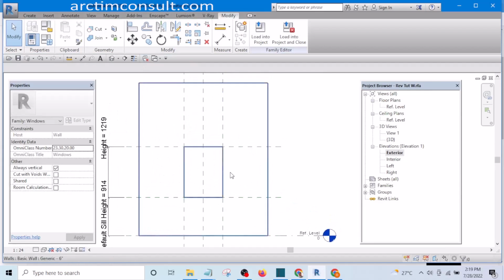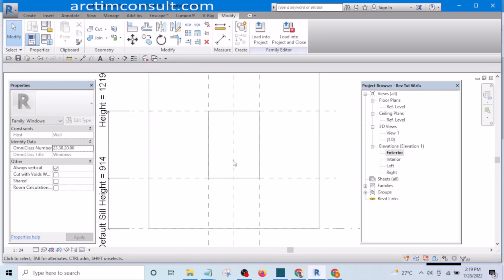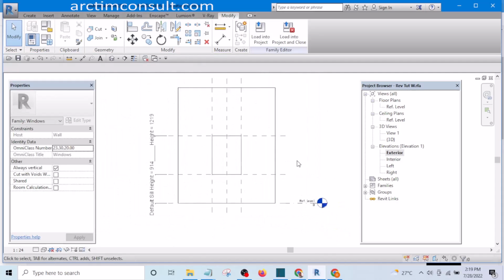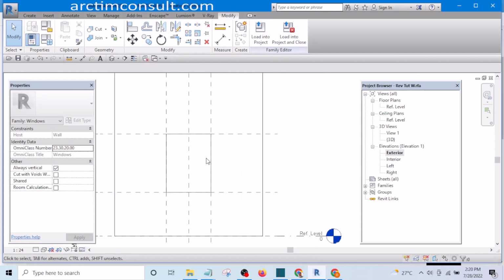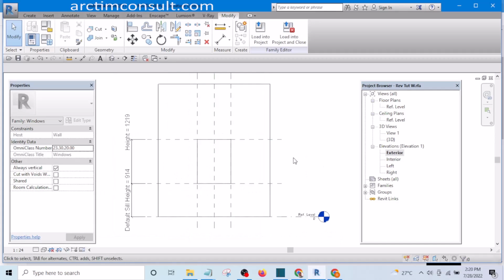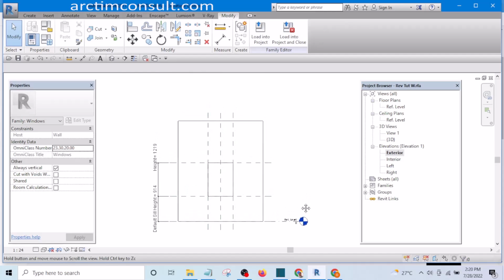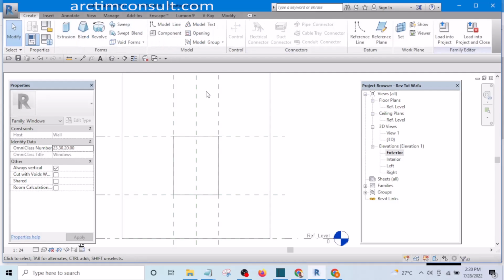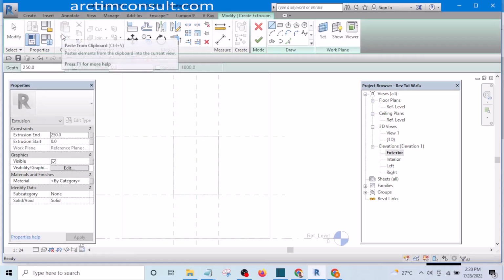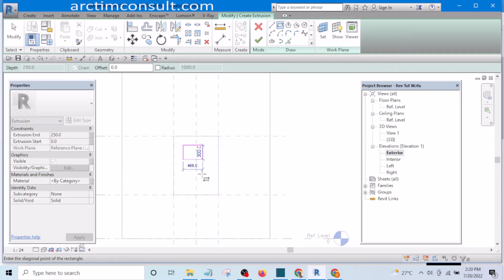And the first thing I can create, I would love to create my glass. You can start from anywhere. You can create your glass first. You can create your mullion, whatever you want to create first. Okay, so let me create my glass. And in creating the glass, I'm going to click on Create. Then select Extrusion. And pick rectangle and simply draw